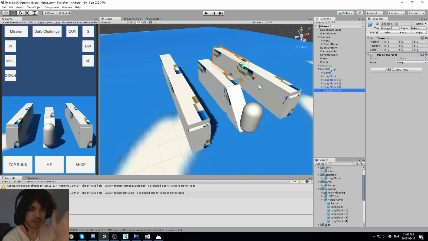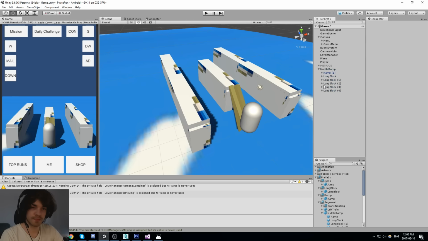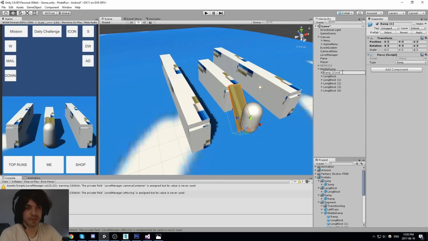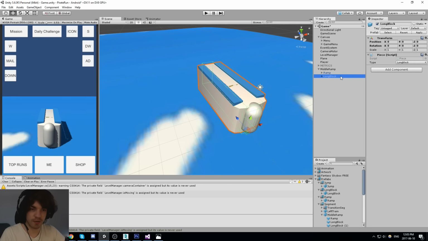Oh, it's all using the ramp still, so it's all using the old data. That kind of sucks. I have to replace those with the newest prefabs. Alright, let's go on. Do that kind of stuff now. I'm gonna make sure that it uses prefab so when I change it later on it doesn't mess up everything again. Alright, let's get rid of everything. Cool.